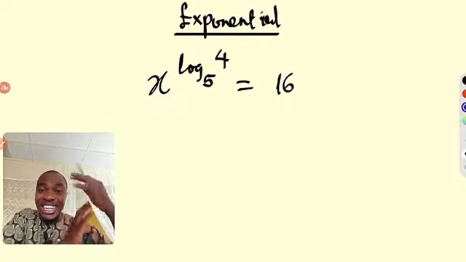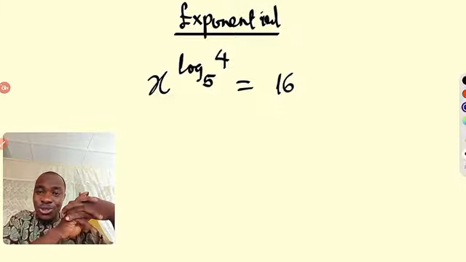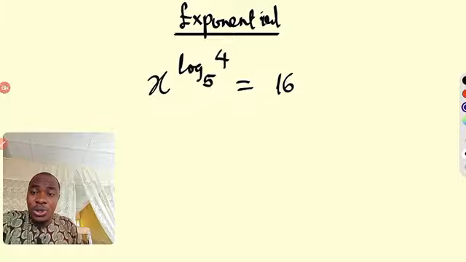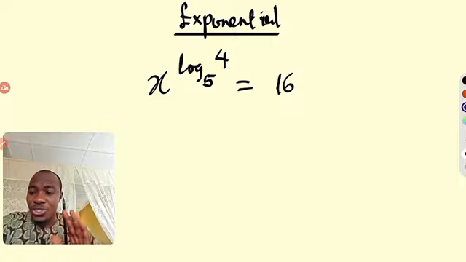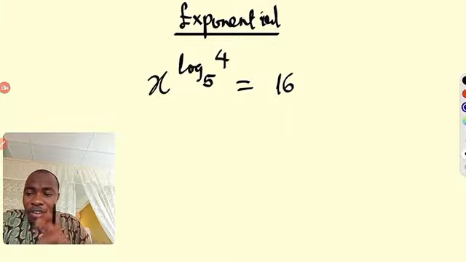In this tutorial, I'm going to be solving this exponential problem. We are given x to the power of log base 5 of 4 equals 16. So how are we going to do it? I'm going to be solving this problem in two ways. The first one is that